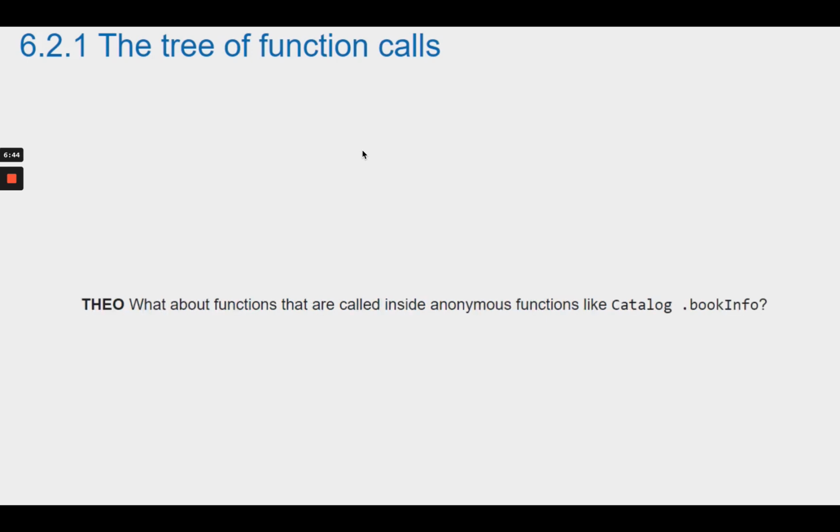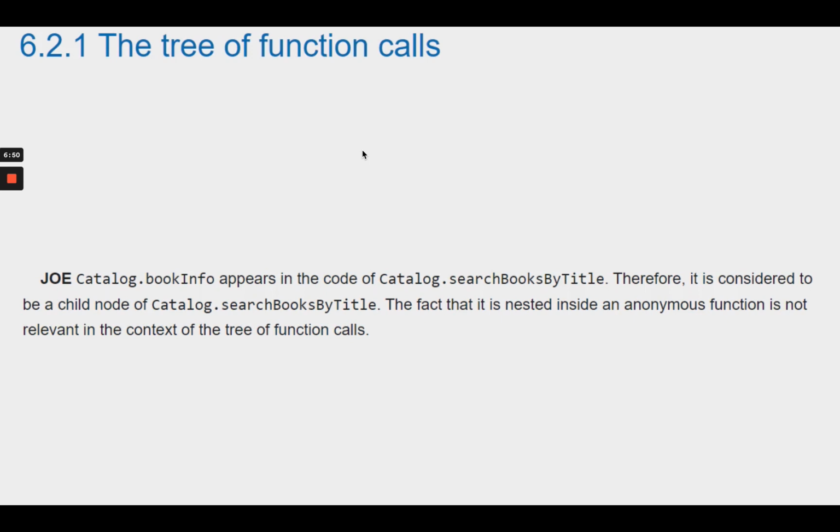Theo: What about functions that are called inside anonymous functions like catalog.bookInfo? Joe: catalog.bookInfo appears in the code of catalog.searchBooksByTitle. Therefore, it is considered to be a child node of catalog.searchBooksByTitle. The fact that it is nested inside an anonymous function is not relevant in the context of the tree